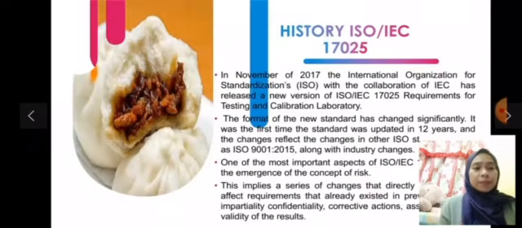In November of 2017, the International Organization for Standardization (ISO), in collaboration with IEC, released a new version of ISO IEC 17025 requirements for testing and calibration laboratories. The format of the new standard has changed very significantly. It was the first time that the standard was updated in 12 years, and the change reflects the change in